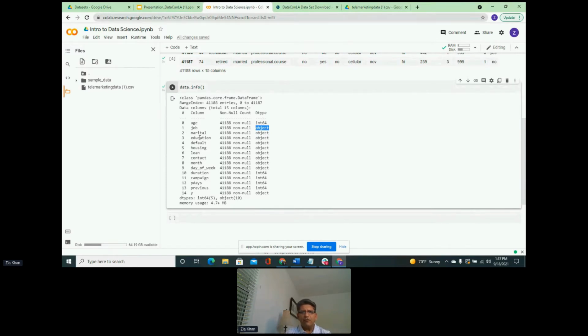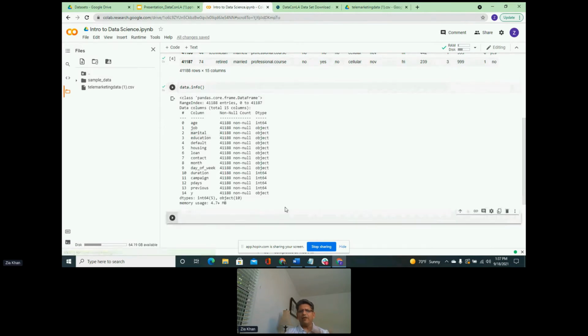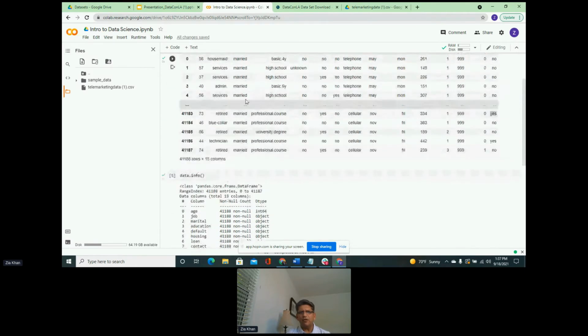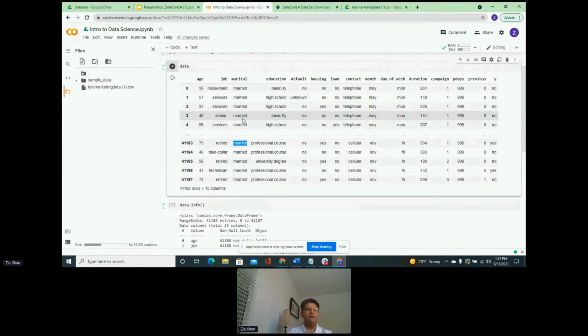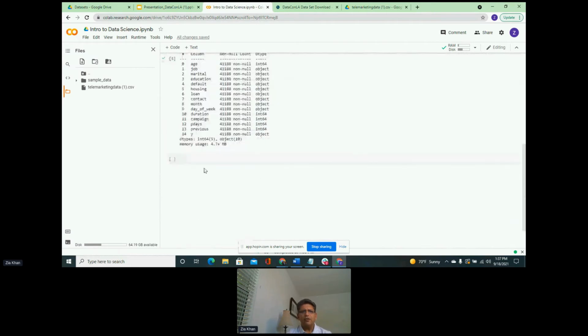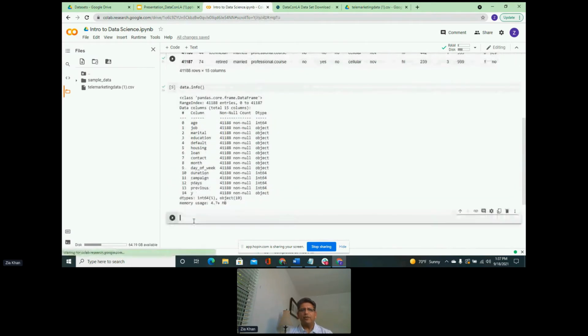So let's start off with the object column. I am going to pick the column marital, and I want to understand what is in it. Generally speaking, I would think it would be information about somebody who is married. If we scroll up a little bit, this is the marital column, and we see married. So I am assuming it has information like married versus unmarried. Let's see how we can do that.